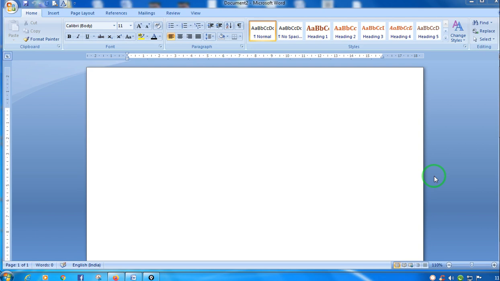So this auto recover feature is an important and very interesting feature of Microsoft Word, which will automatically save our data after a certain period of time, or after certain intervals it will keep on saving our work. So how to enable this auto recover feature, that we are going to learn in this video. I have opened Microsoft Word, which is a word processor. Sometimes what happens, I am typing some important document.